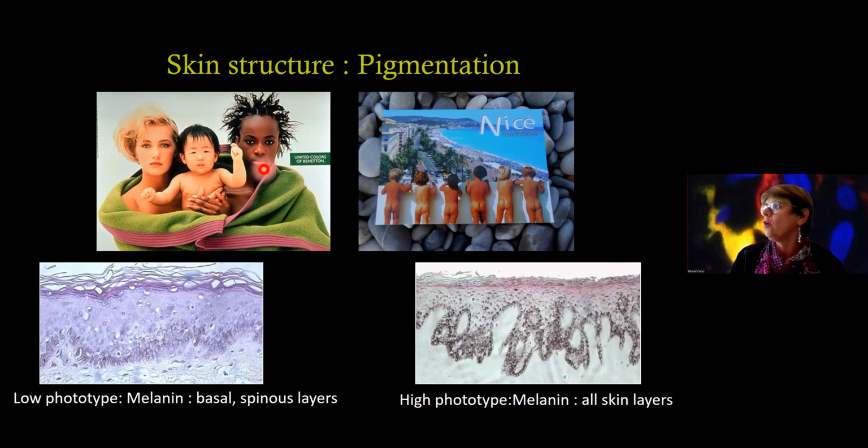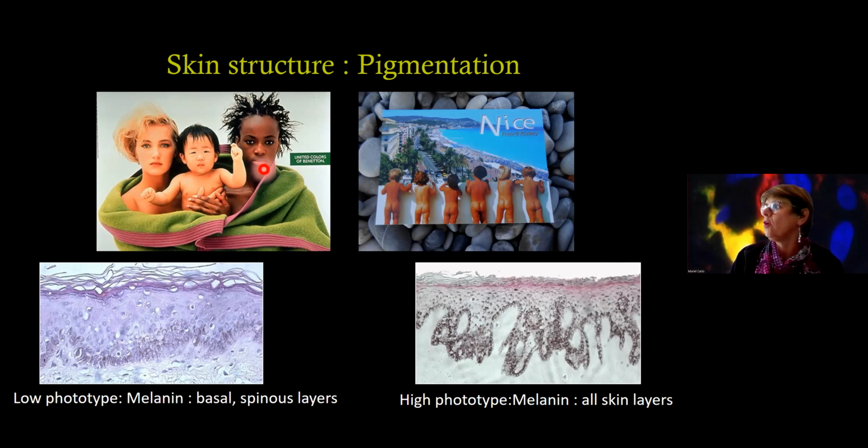The difference is not the number of melanocytes, which is the same between all the patients. In this slide, you can see that the main difference between people is the presence of eumelanin, mainly in high phototype people. This eumelanin is found in eumelanosomes, as you can see here, which are big ovoid melanosomes, which can be found until the stratum corneum, whereas in the low phototype, you can see that the melanosomes are mainly polymelanosomes, which are made of many round, small melanosomes, which are easily degradable, and we don't find any melanosomes in the